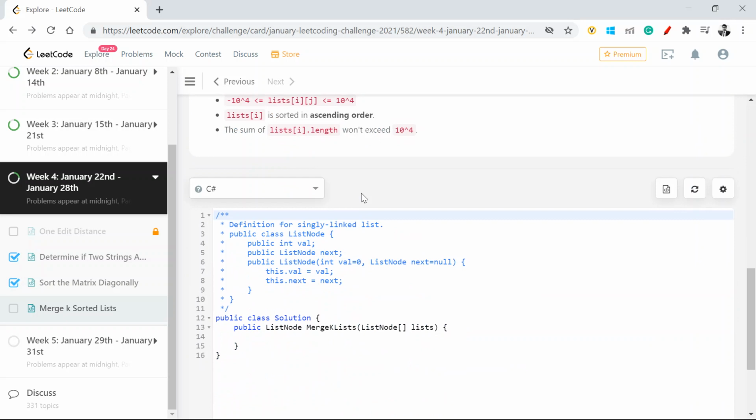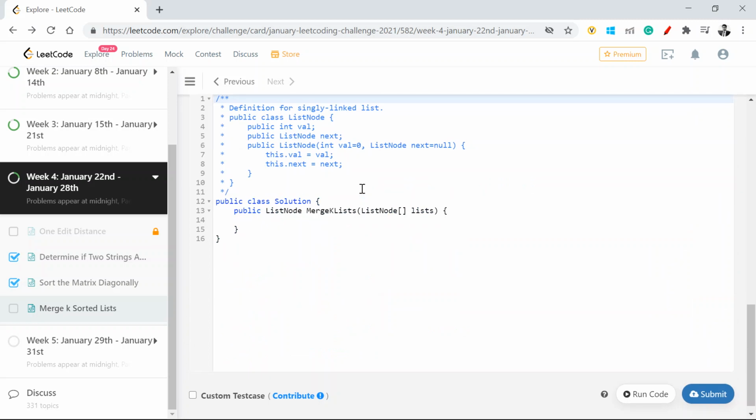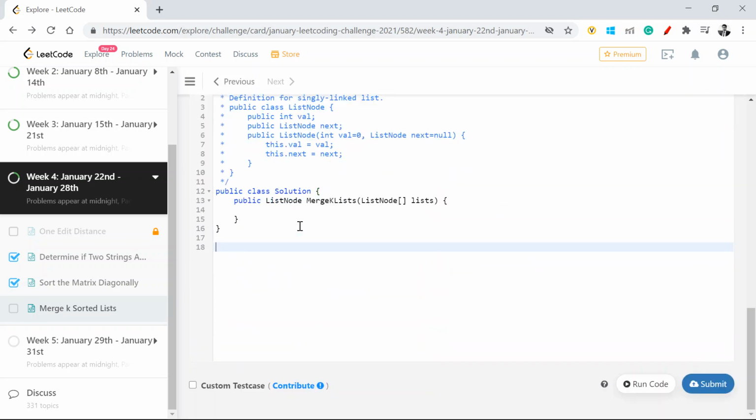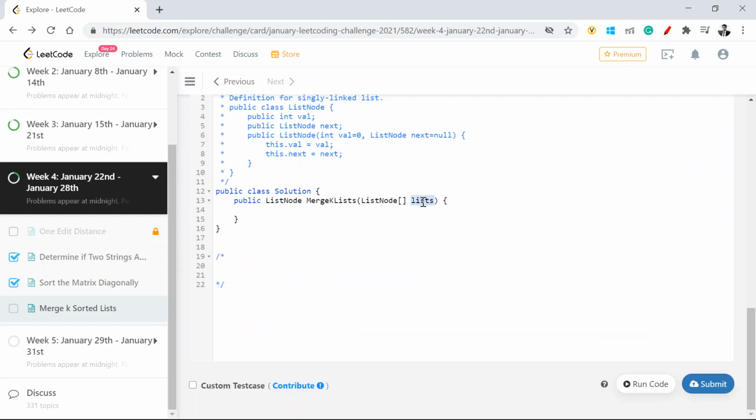First, I'll solve this problem using C#, and then we will improvise upon it using Python. Now, the very important thing which needs to be noticed is that I am given a list of linked lists, which contains three linked lists in the given list. This is the only thing which matters. It contains the list of head nodes, right?